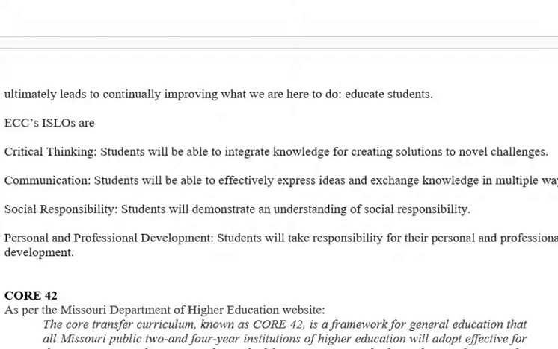That program is being developed, I guess I should say, and I'll share more about that with you a little bit later. You can see that all four of those categories most definitely will inform every single class you take.